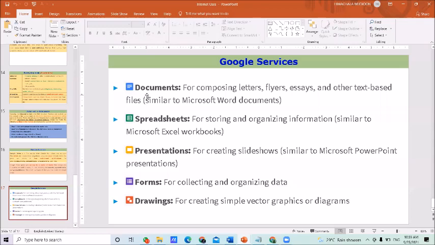Go to the Google search bar, type Google Forms. Then you will see the screen. On the screen, there is a blank plus mark. Click on the plus mark. Then select the question type, and you can give the question. I am expecting that in your assignment also: collecting information from others.